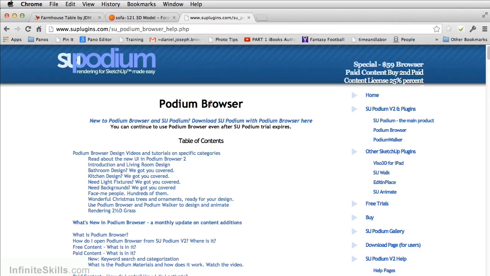The last database that I use is from a website called suplugins.com, and it's a database of Podium browser. Podium is a photorealistic rendering plugin for SketchUp, and in the latest release, they've included a browser